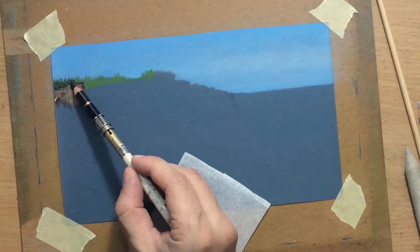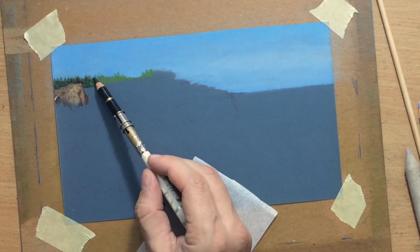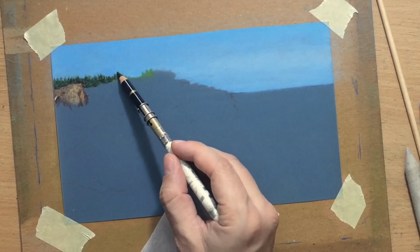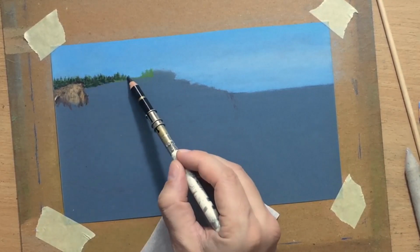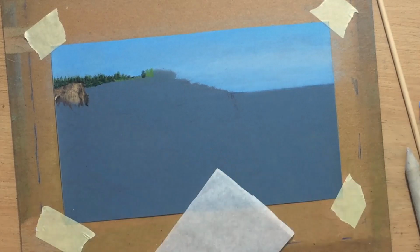And of course I'm giving them a little bit of texture in the process, making those canopies look a bit more interesting, a bit more realistic. But there's no need to overdo it because these are in the distance, it's a part of the background, so I don't really have to worry too much about every single detail here. I'm going to have to put in a lot more work with